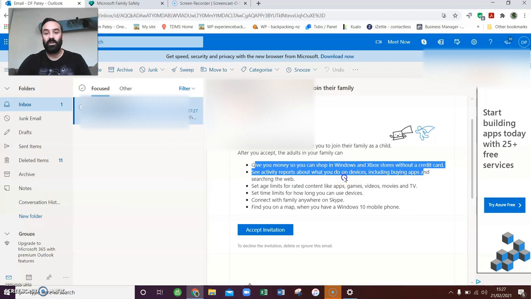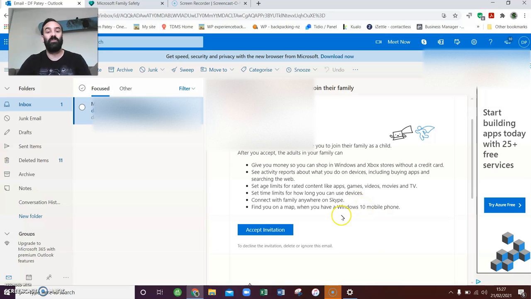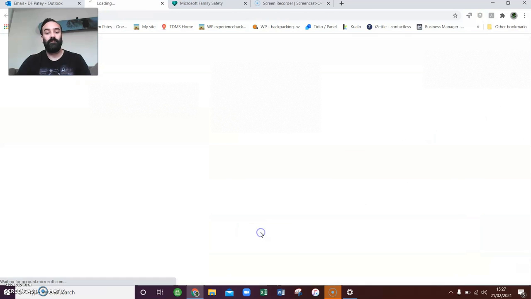So you can shop in Windows and Xbox stores. You can see activity reports, set age limits, set time, connect with other families on Skype. I didn't mention that one. And you can also be found on a map if you have an iPhone, an Apple phone. I'll say it again, if you have a Windows phone, I'm seeing the 10 there. So if you had a Windows phone, you can look at maps and you'll see where they are. Anyway, so if you click accept invitation,